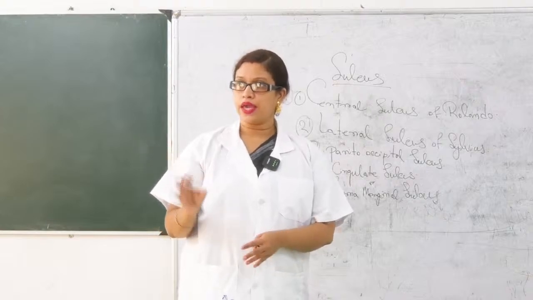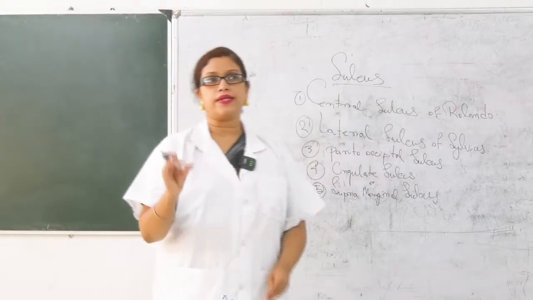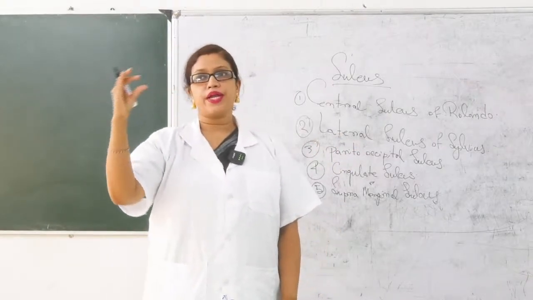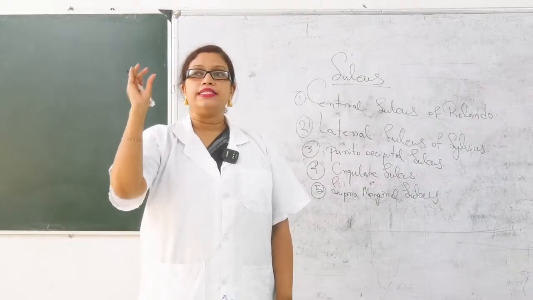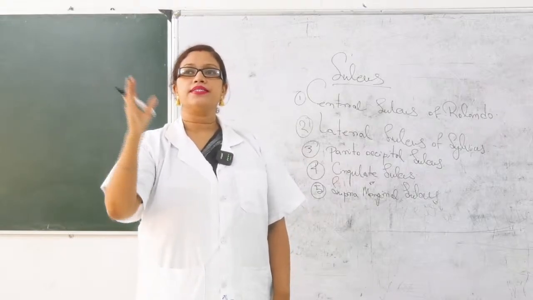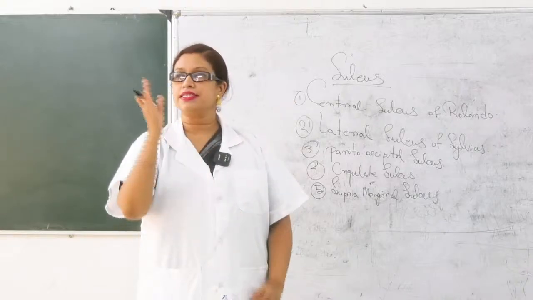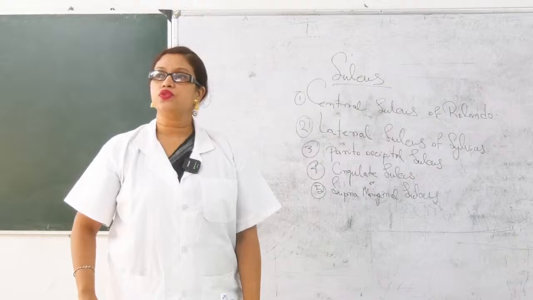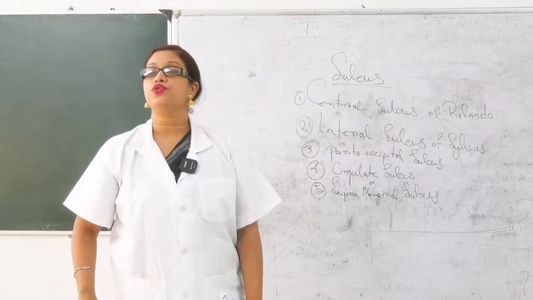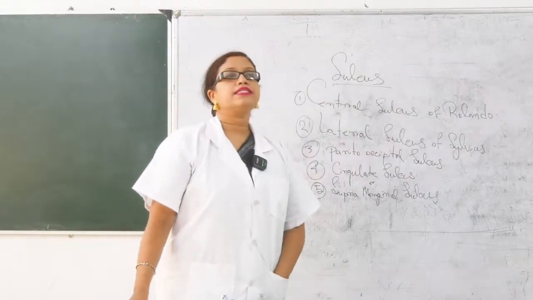There are 3 gyri. Okay, I will show you the picture. What will you call the upper one? Superior temporal gyrus, middle temporal gyrus, inferior temporal gyrus. Where the superior temporal gyrus meets this central sulcus, there you will get this one. Okay, so that is known as supramarginal sulcus. So write it down. The supramarginal sulcus,